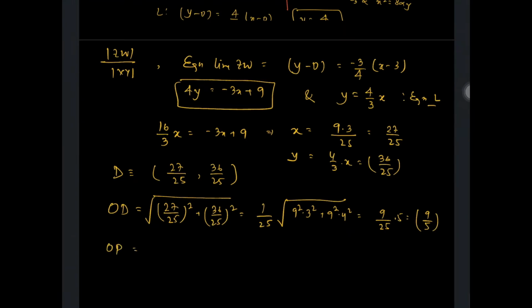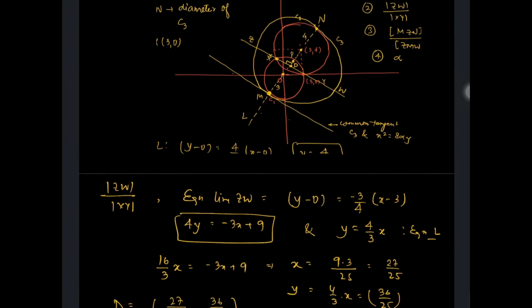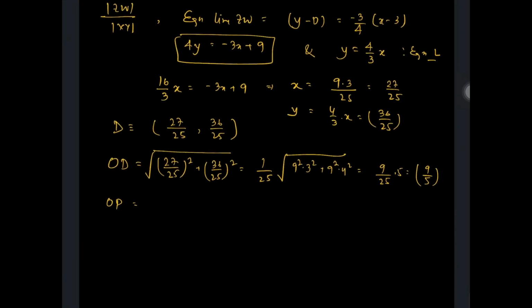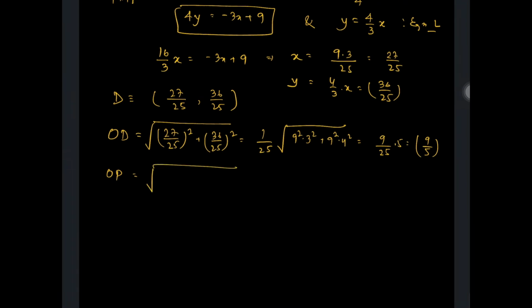OP, you get the coordinate of P. So what is the coordinate of P? It is 9 by 5, 12 by 5. So OP is under root 9 by 5 whole square, 12 by 5 whole square. So this is 3 square into 3 square plus 3 square into 4 square. So this is 3 by 5 into 5, that is 3. Now see